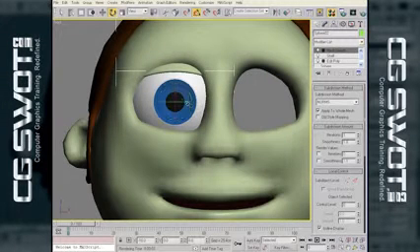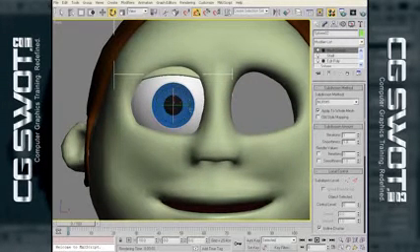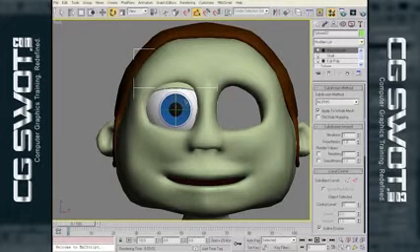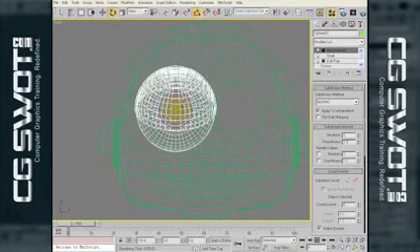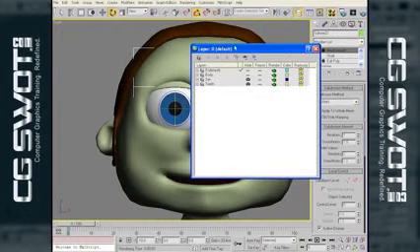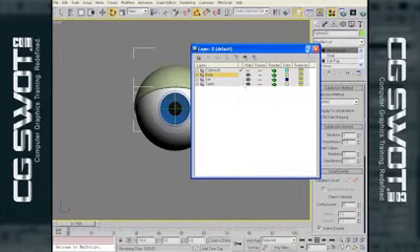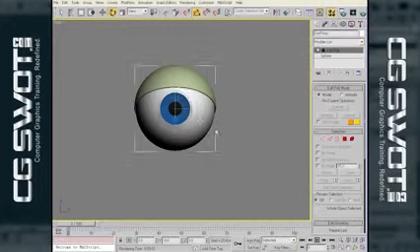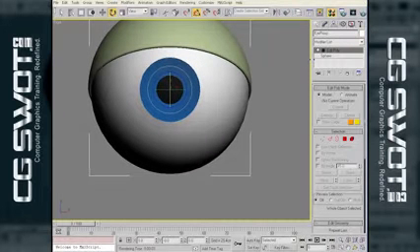In fact, just before we jump into Photoshop, the only thing we need to do in Photoshop is the iris design. So we'll just select our eyes, and we'll come into our layer manager and we'll hide the body, and we're just going to select our eyeball, and at the moment it's called eye proxy, so we'll just rename that to eyeball,